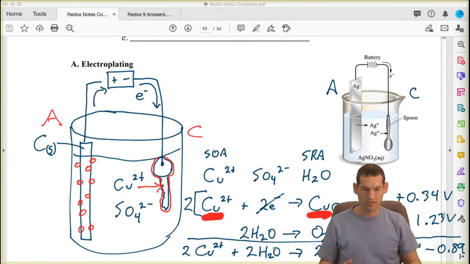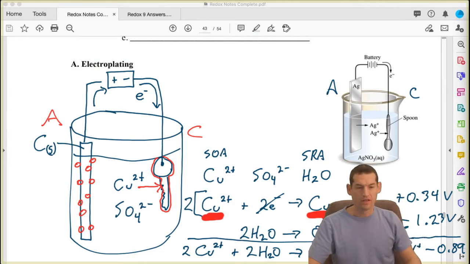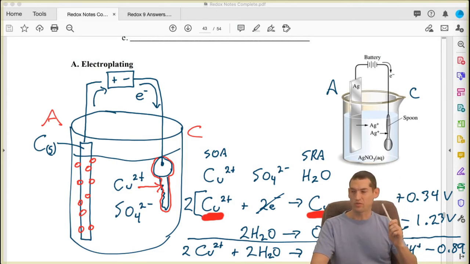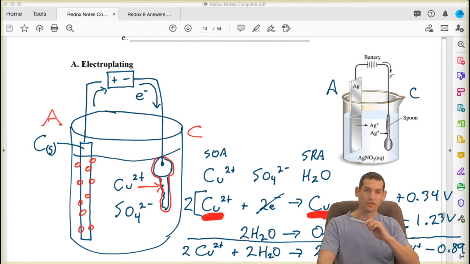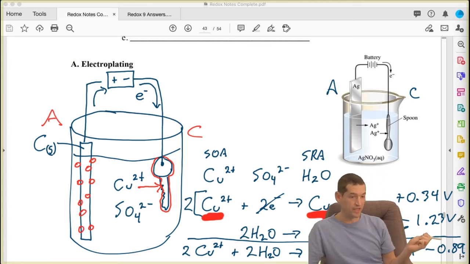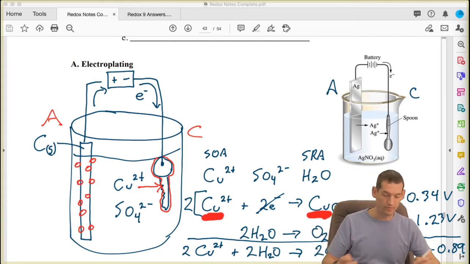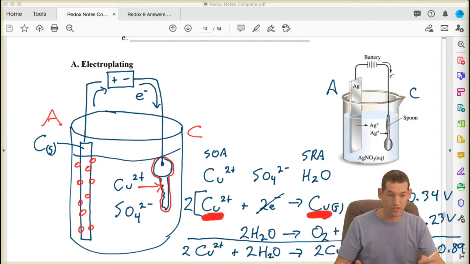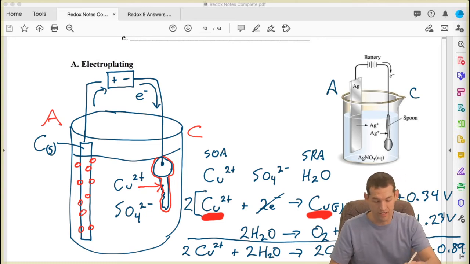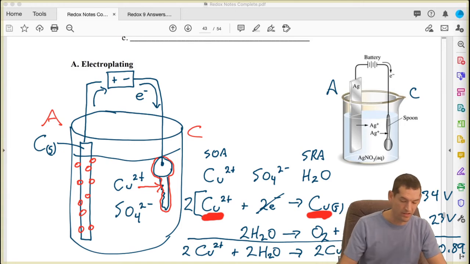All right, let's jump back into here though, because I want to show you one more thing. In this half reaction, we used copper and we used the carbon, which means that we ended up with an actual voltage right here, the negative 0.89 volts. There may be times though where, for example, if you look up at this diagram that I gave you in the notes, you'll notice that the